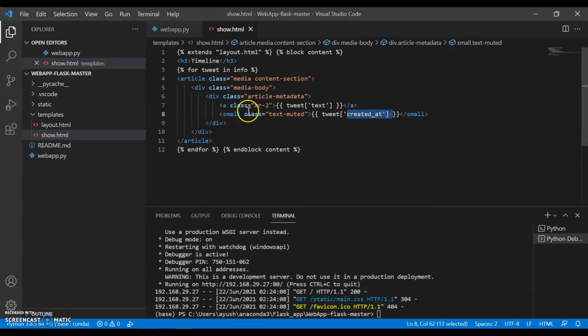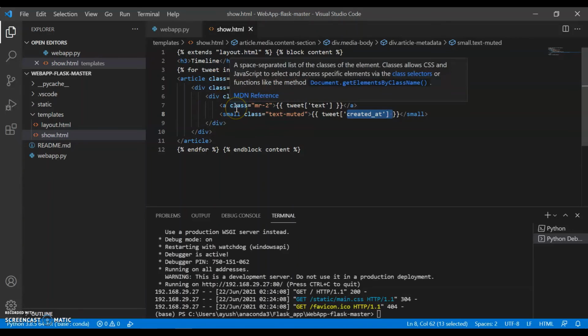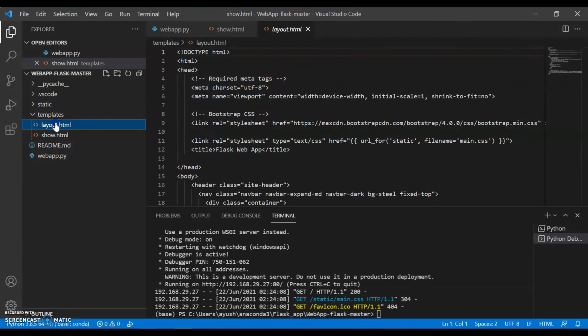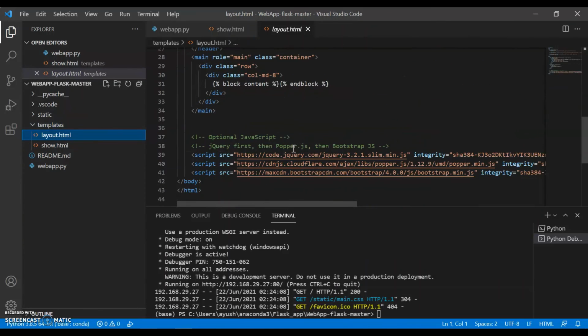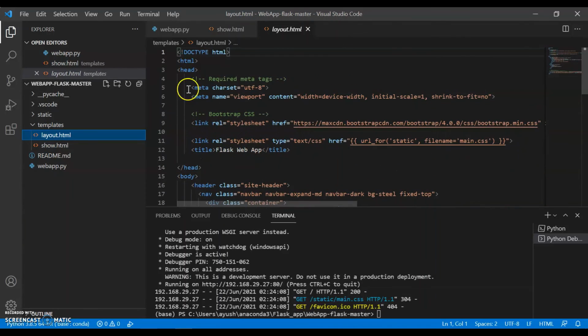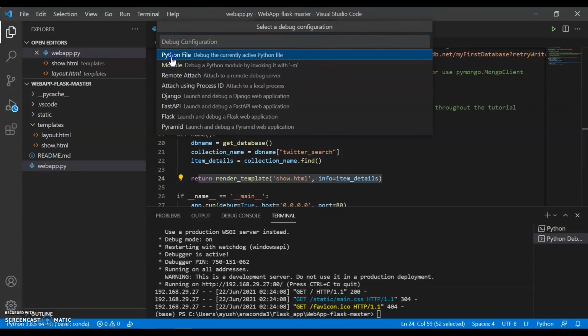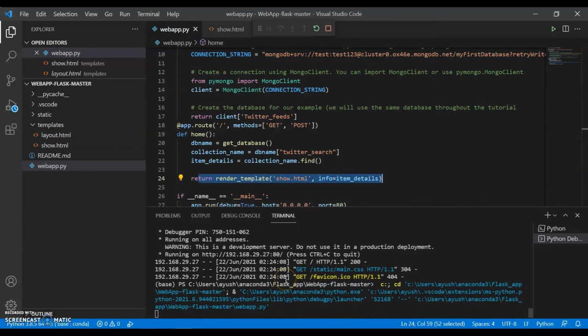These are the two things that I want in my web app. This is the layout template that I have created, and now when I run my web app.py Python file,